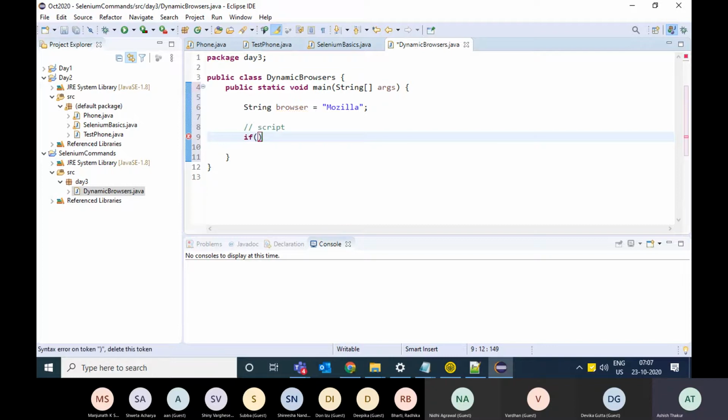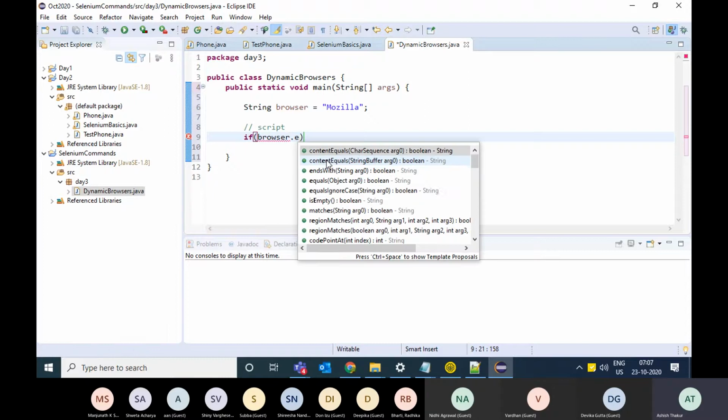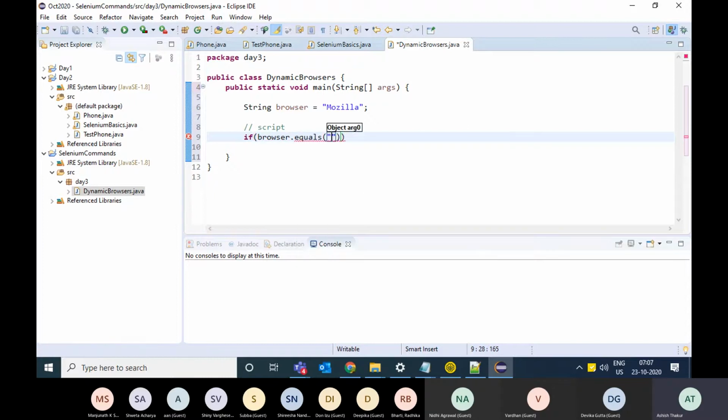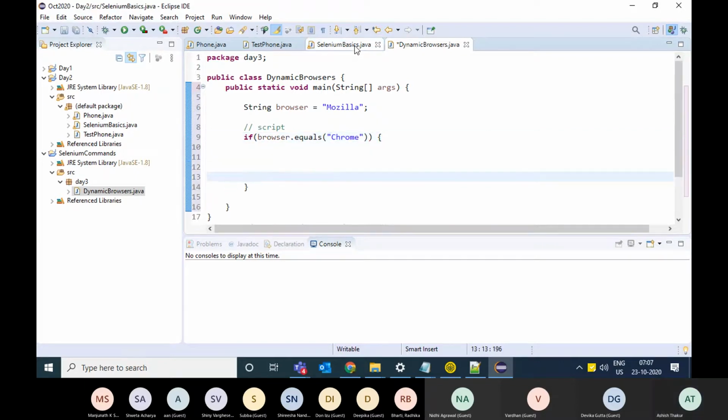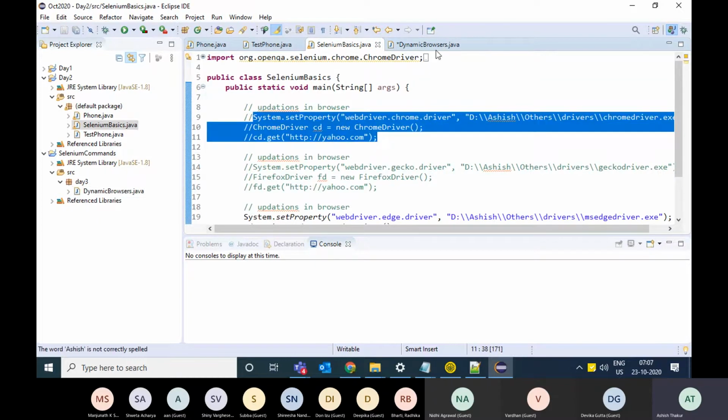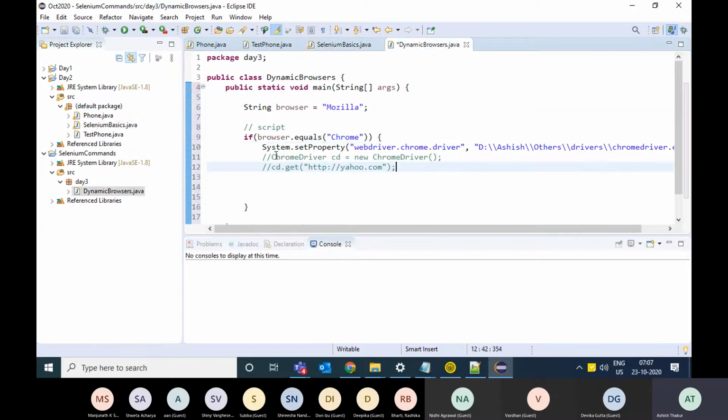A general sense says that fine, you can keep if else statements. That is, if the browser is equal to Chrome, in that case, you can write the code which we wrote yesterday. That is, you can instantiate Chrome driver, create the object of Chrome driver and take it to yahoo.com.